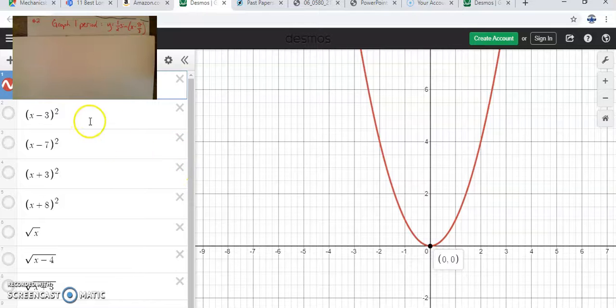For my next graph, I'm going to click this (x minus 3) squared. Our intuition tells us with a minus 3 right here, okay, the negatives go to the left, so maybe this whole graph might move to the left, right? It's a horizontal translation. When we click on it, though, it's not the case. It's counterintuitive, okay? And (x minus 3) squared actually moves every single one of these points to the right 3